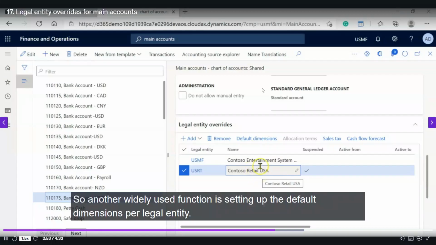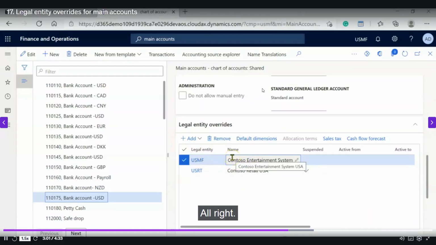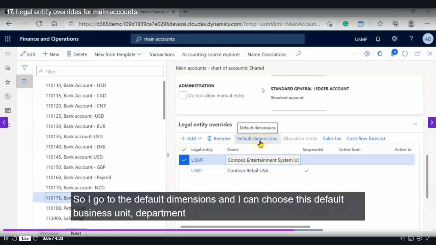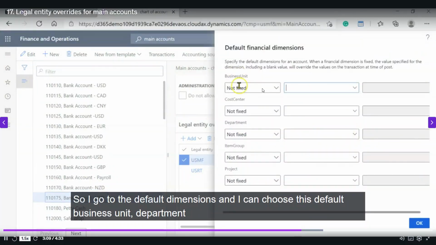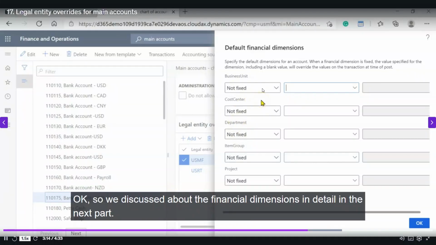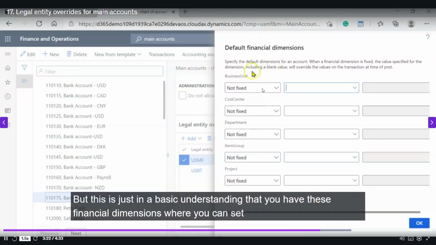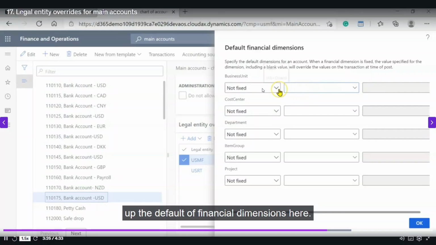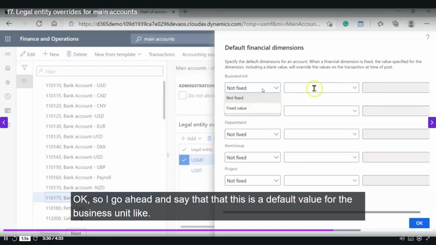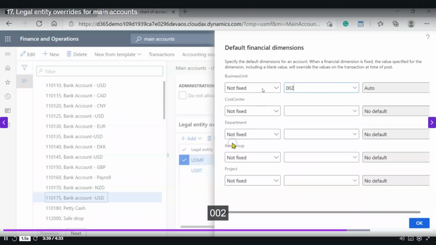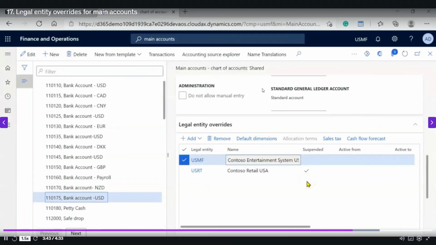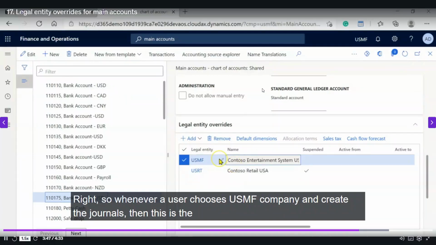Another widely used function is setting up the default dimensions per legal entity. So I created another legal entity override here for the USMF company. I go to the default dimensions and I can choose the default business unit, department, or cost center. We discuss the financial dimensions in detail in the next part, but this is just a basic understanding that you can set up the default financial dimensions here. I say that this is a default value for the business unit, like 002, and I say OK. So whenever a user chooses the USMF company and creates journals, this business unit will be defaulted